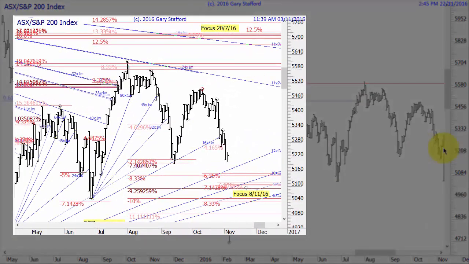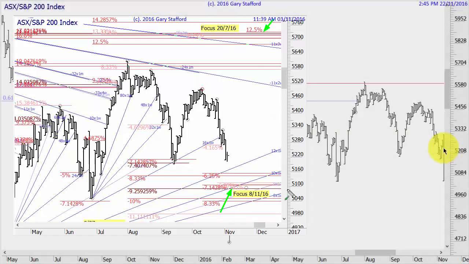Now this is the Australian ASX, and it's to go with the training video of the 3rd of 11th 2016. I'm looking for a possible buy here, but it really needs to fall pretty quickly to get to the angle at the same time, and I'm obviously still watching the long-term signal from July the 20th 2016 up here. If you want to pick up my chart, it'll be MS887 by GS.